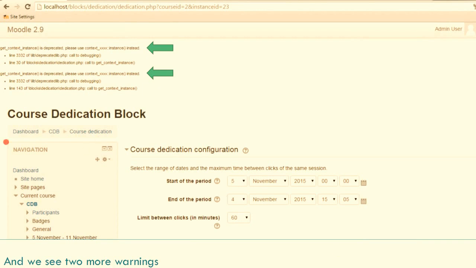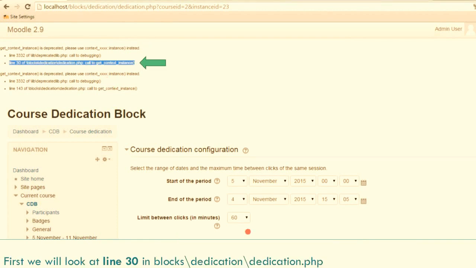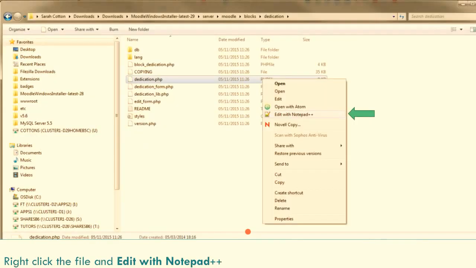Just making my screen a bit bigger. So we're just going to do the same again. Find the line of code that we need to go to, which is line 30 in dedication.php, which is a different file to before. Same thing, open it in Notepad++,